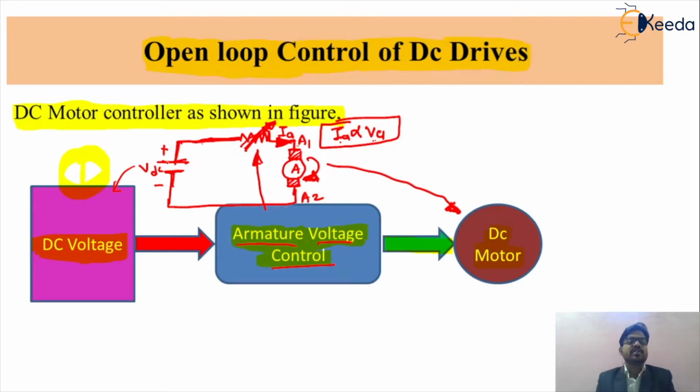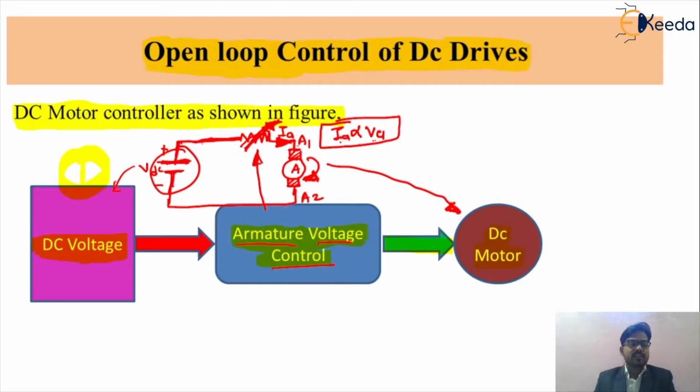In an open loop control system, we control such action manually, by the switching of your DC drive, meaning manually we can turn the supply on and off, or by regulating the value of your resistance manually, we can control the speed of your DC drive. Such a technique is called open loop control of your DC drive, because in that we cannot take any of the output of your DC motor back to your input circuit.